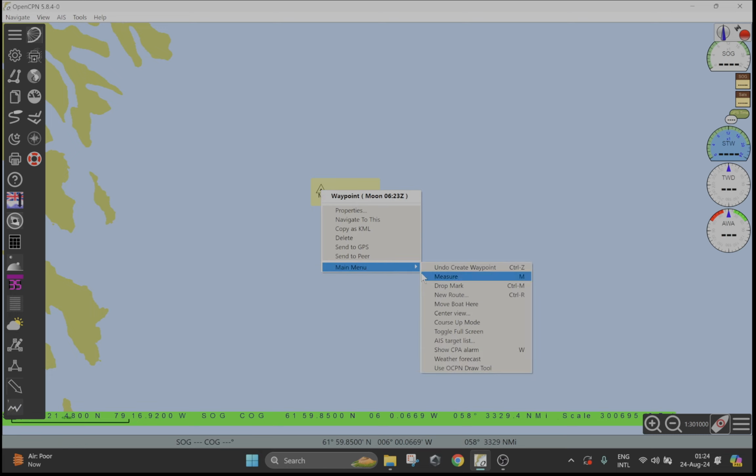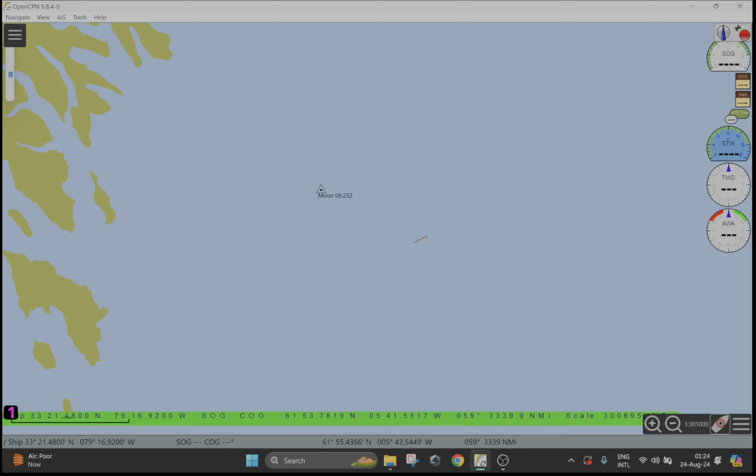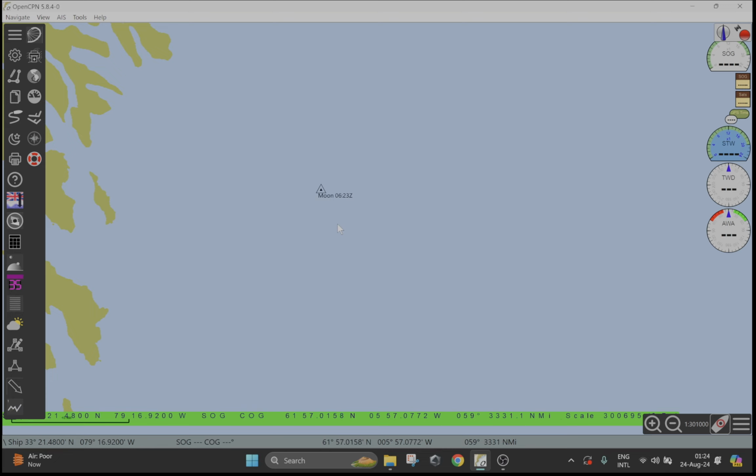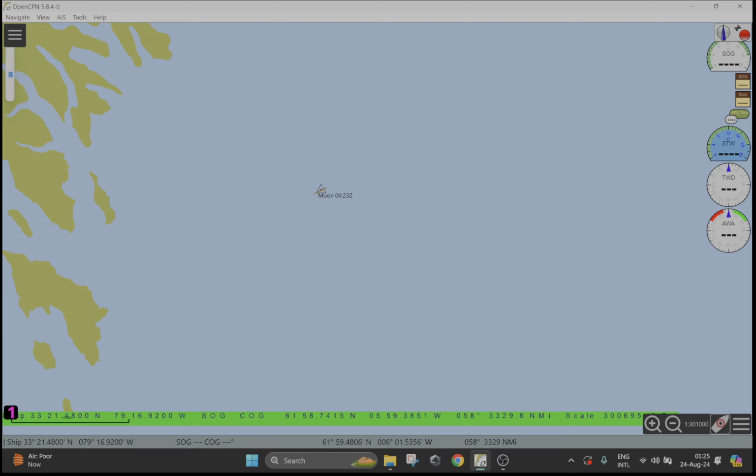Main menu, new route, and here we have it. I don't think we needed to click on top of it, but anyway, let's see. I'm going to press escape, right click, new route. Yeah, same thing. So I'm sorry, no need to click on top of the waypoint. You click on top of the assumed position